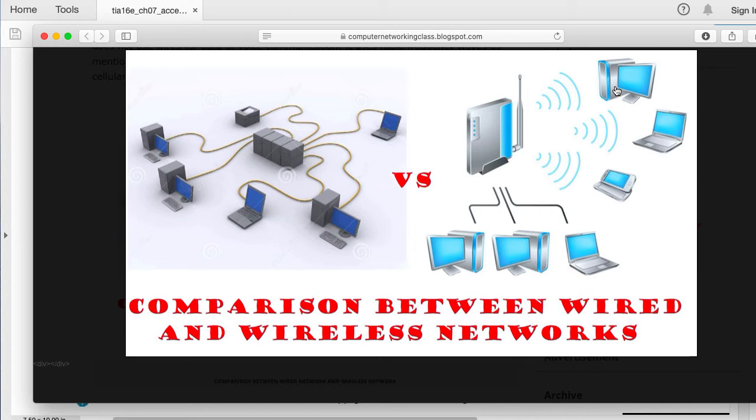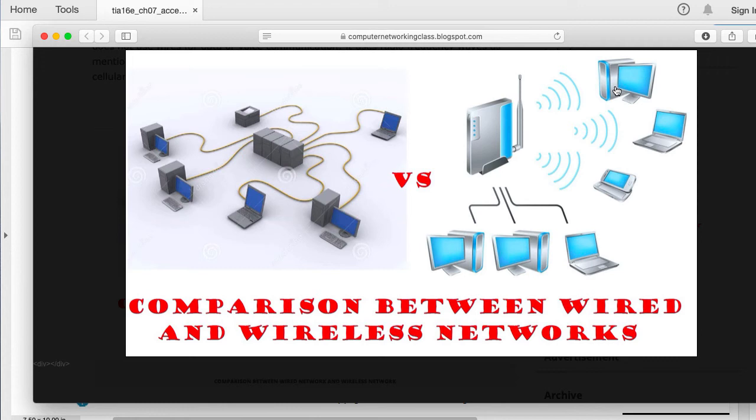So that is why wireless networks, specifically Wi-Fi, wireless fidelity, is a technology that became very common because it's comfortable, it's easy to deploy. However, it has so many limitations.